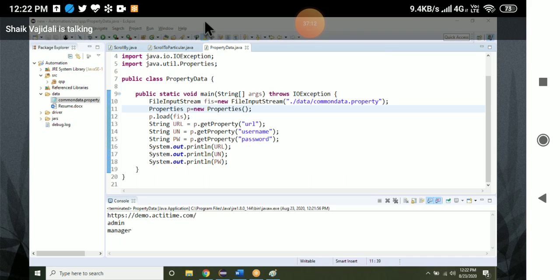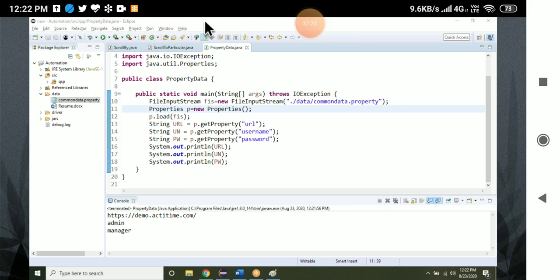Get all data in a single line like a list. Yes, correct.